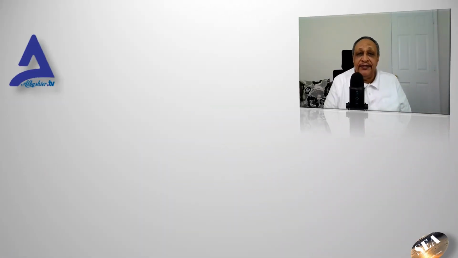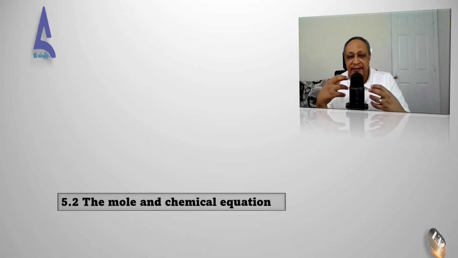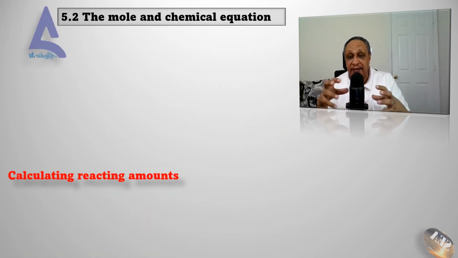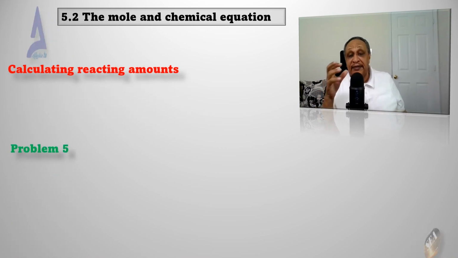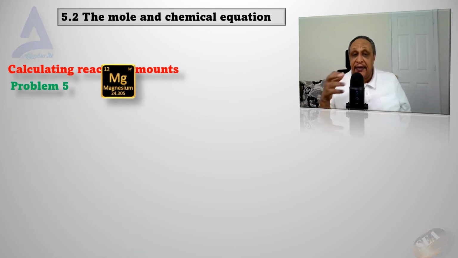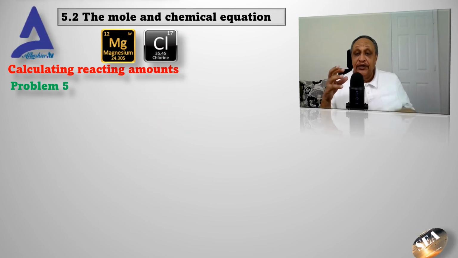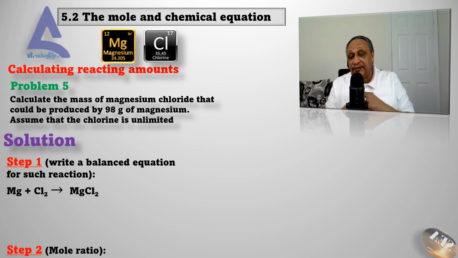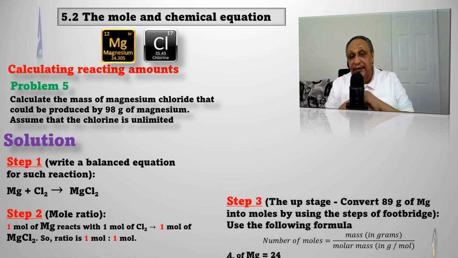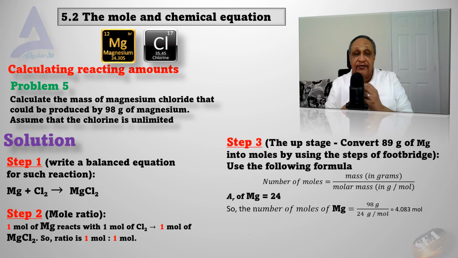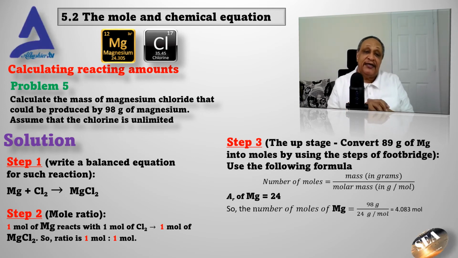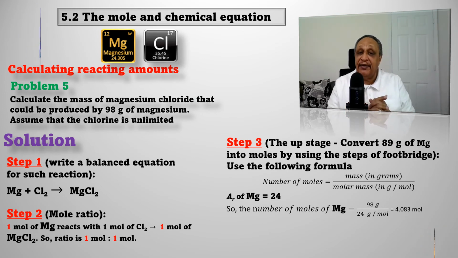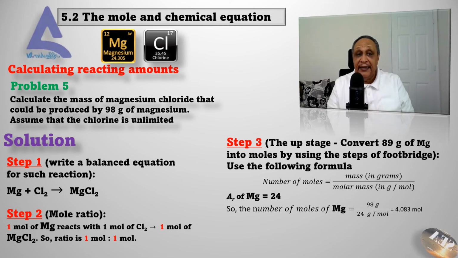Now, this is the last one. I'm sorry that this episode is a little bit long, but this is important, and we have to practice a lot of problems in order to master it, solving this type of problem, and you can do this with any type of thing. Now, our last problem says: calculate the mass of magnesium chloride that could be produced by 98